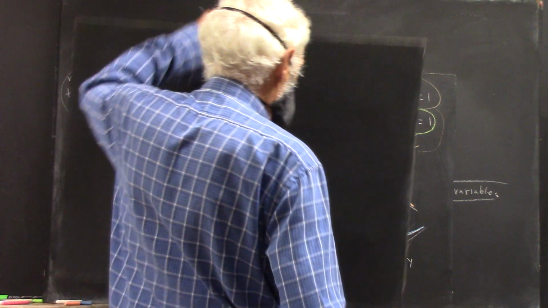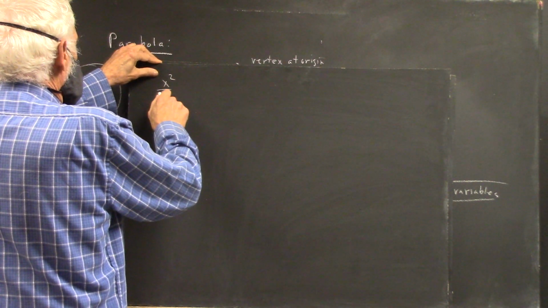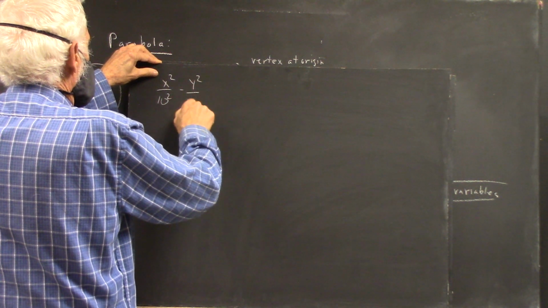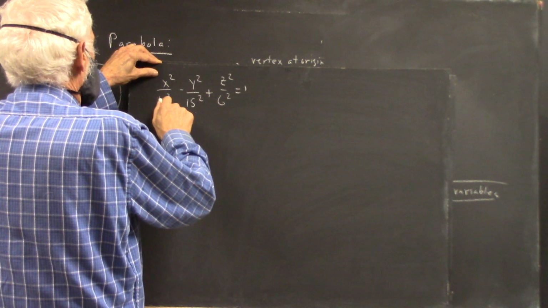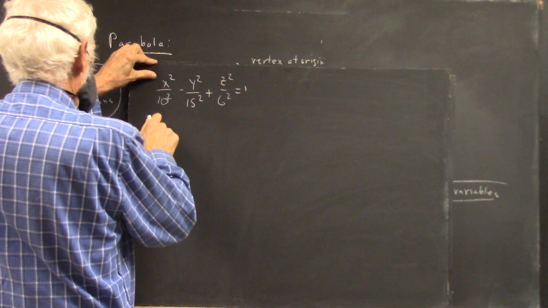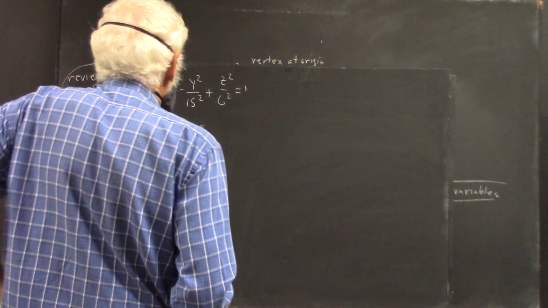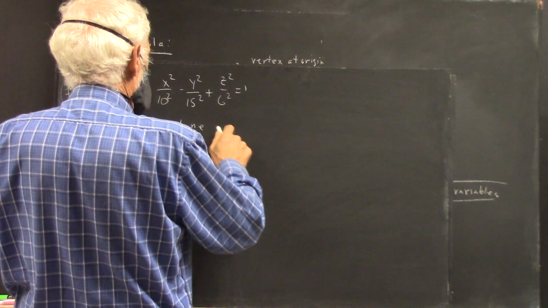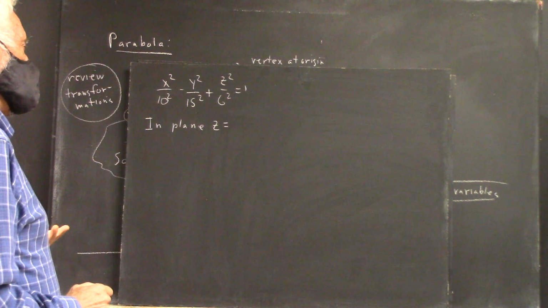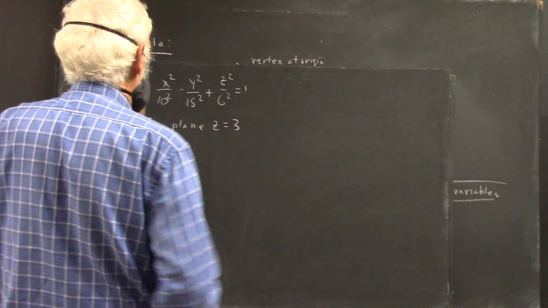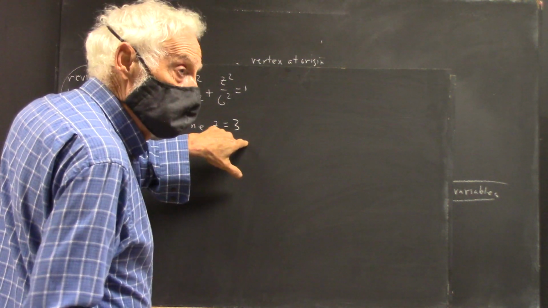So let's go up to the plane where Z equals, well, I'm just going to go to Z equals 3 because there's no good set of numbers that I can put my finger on quickly. Okay, in the plane where Z equals 3,